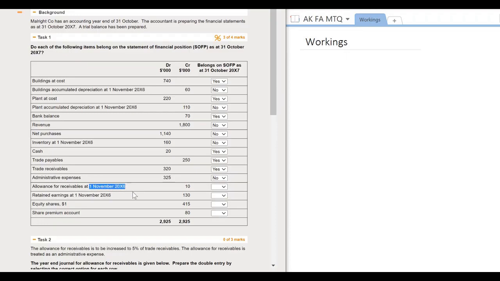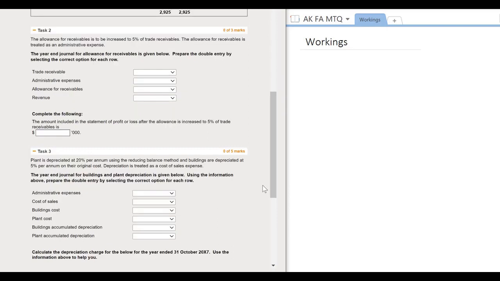The allowance for receivables at the start of the year is not going to appear in the SOFP at year end. We want the year end figure, so we're going to select no here. In a similar manner, the retained earnings at the start of the year would also not appear. It's the retained earnings at the end of the year that we are interested in. The share capital is going to appear in our SOFP within the equity section, and the share premium account would also appear in the SOFP. And as you can see, we've answered all of these options correctly, which means we can move on to task